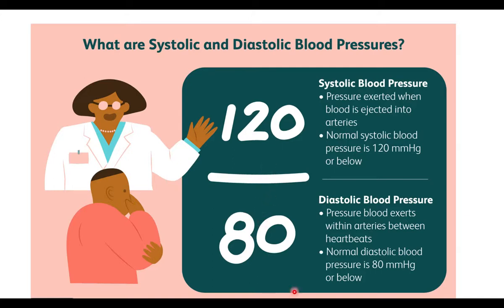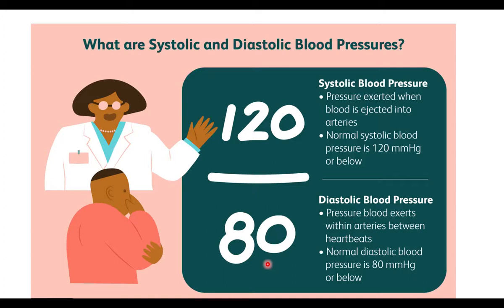When we run, the value will increase. When we take rest, the value will change. When we are in tension, when we are sleeping, the value will change. But when the systolic pressure is permanently above 120, that is 130, 140, that is a diseased condition. When the value is below 120 permanently or below 80 permanently, that is also a diseased condition.